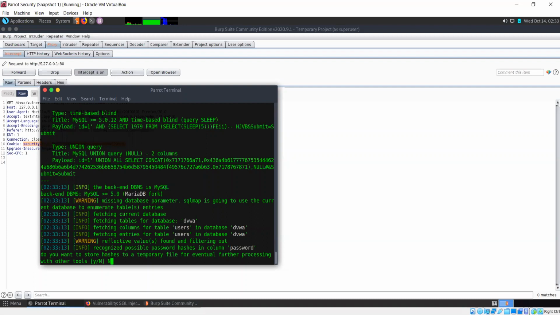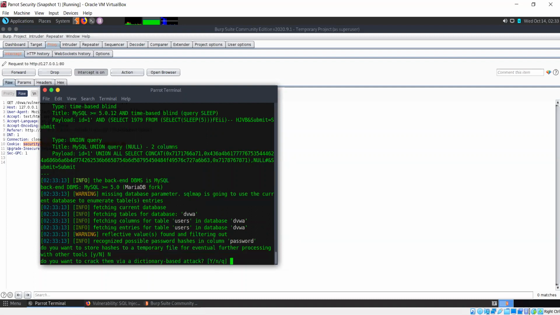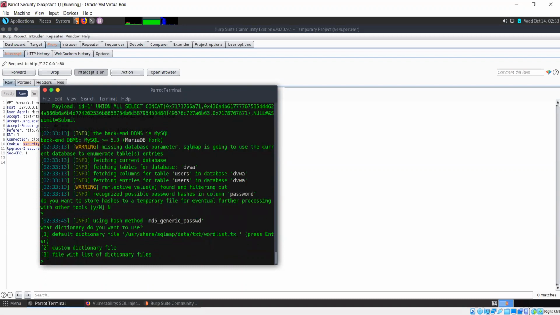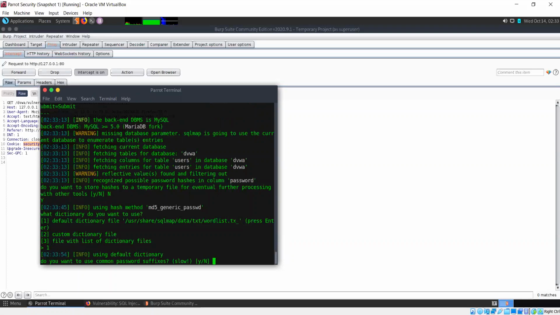Right now I'm giving it no, but you can store this and use tools like John the Ripper to crack those. Not right now. Okay, let's say we do want to crack them. Let's see what it gives us in the default file. Password suffixes, no.